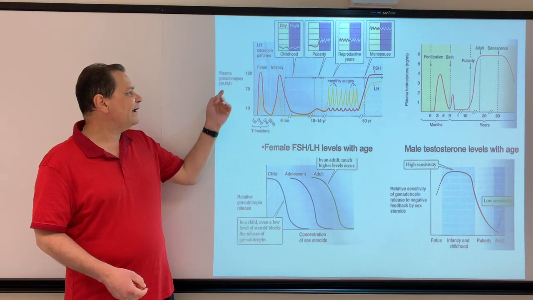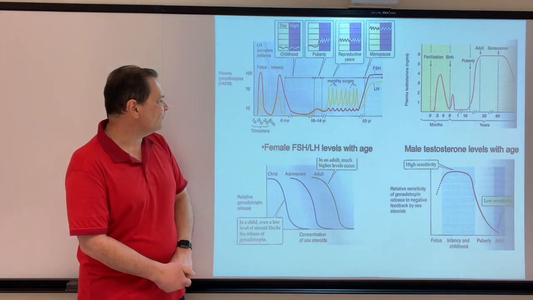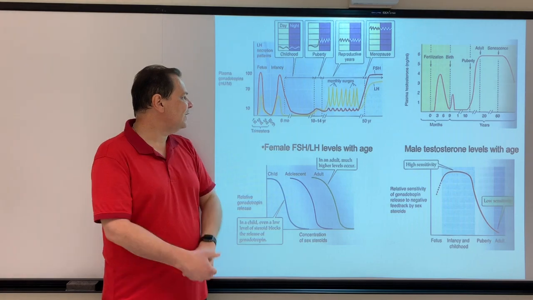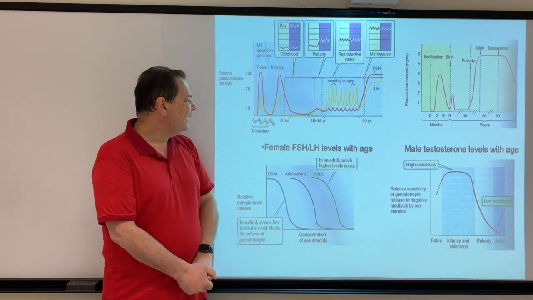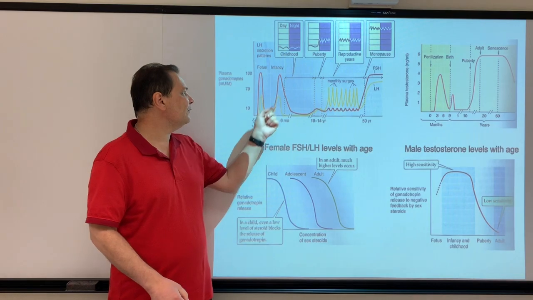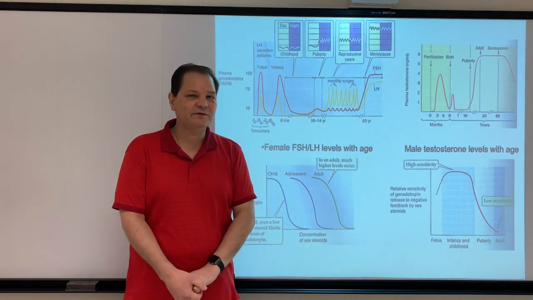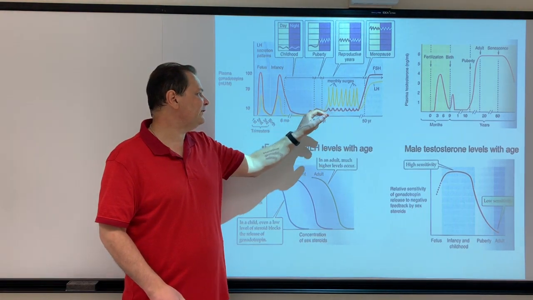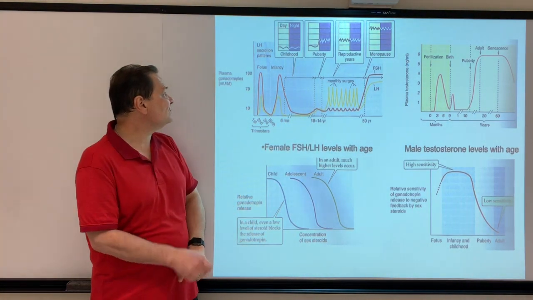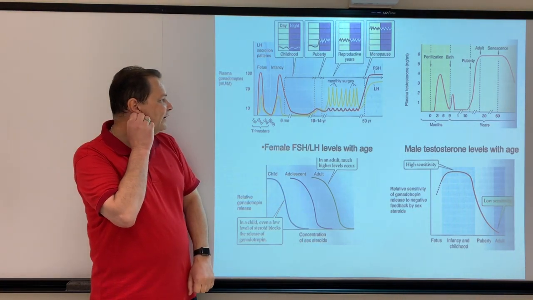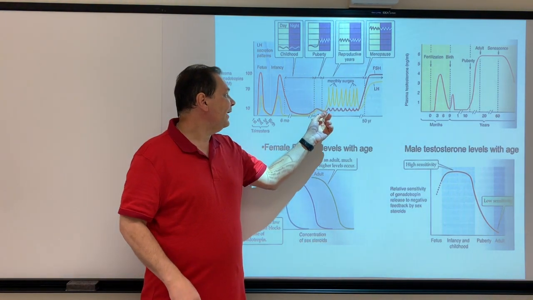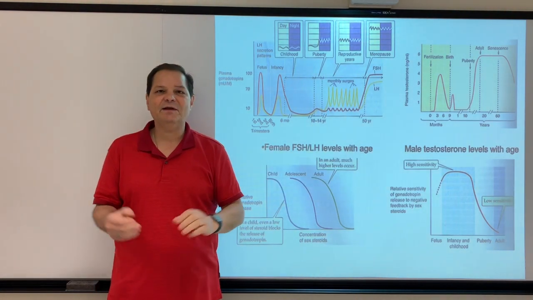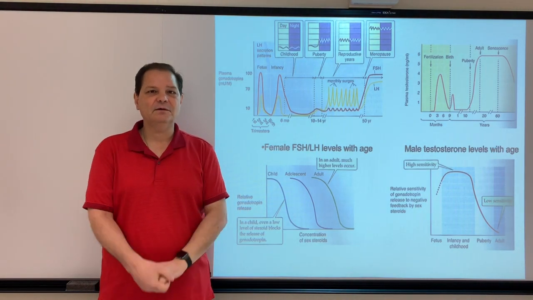When you look at the plasma gonadotropins, this is sort of what it looks like. You have this large amount of gonadotropin as fetus, and maybe a little bit in infancy that's probably associated with growth. You have this quiescence during childhood, but notice this increase as you enter puberty in the female, and then you start to get these monthly surges in the gonadotropins, which are associated with the ovarian cycle, the menstrual cycle.